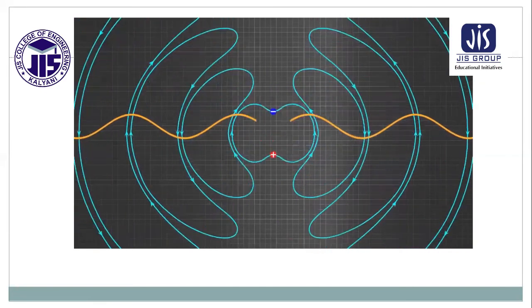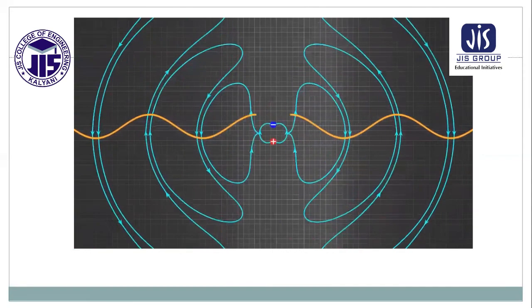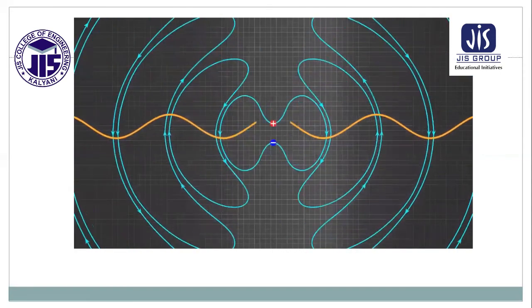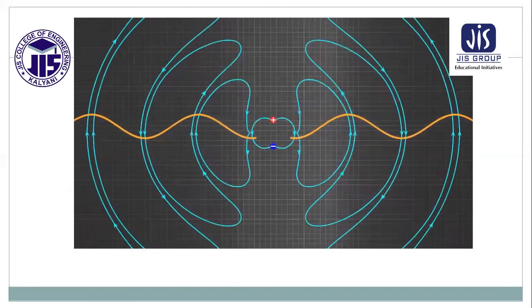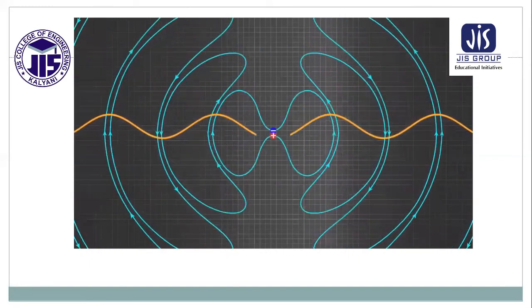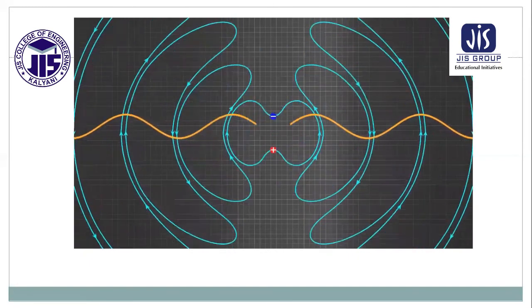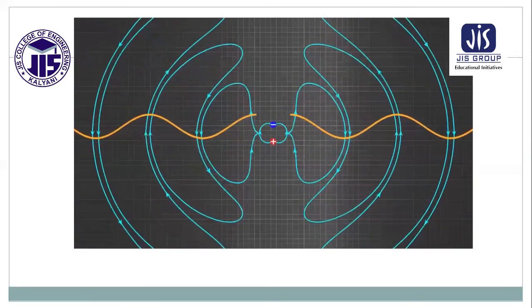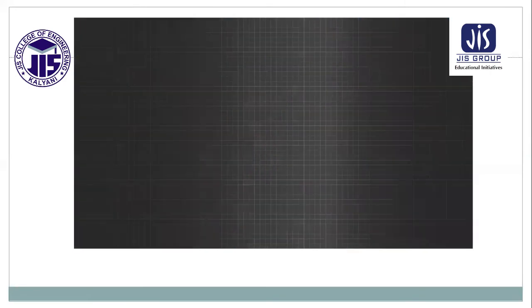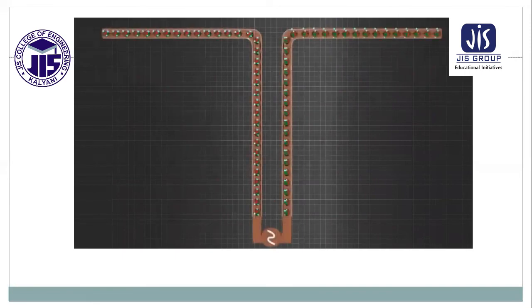If you plot an electric field intensity variation with respect to length, you can see that the radiation we have produced is perfectly sinusoidal in nature. Please note that this varying electric field will automatically generate a varying magnetic field perpendicular to it. Now, let's have a look at how this applies to an antenna.